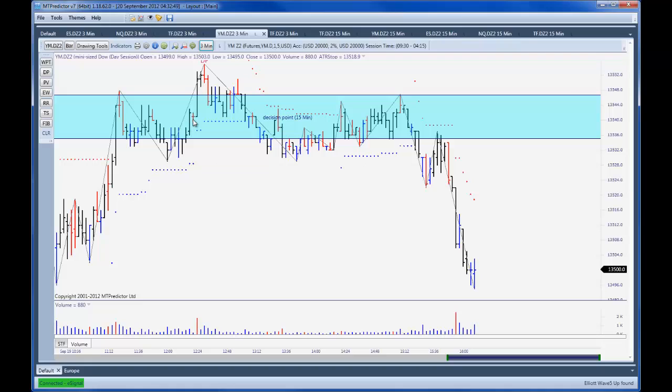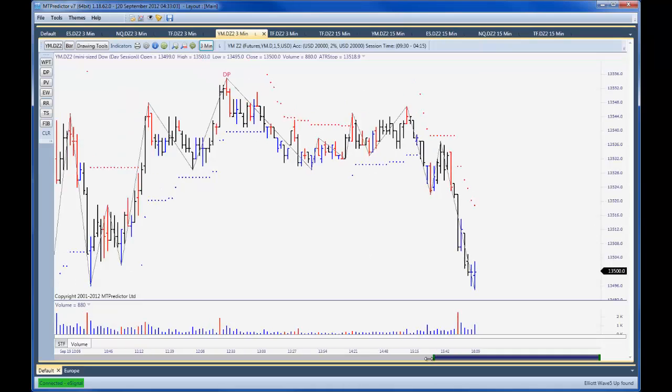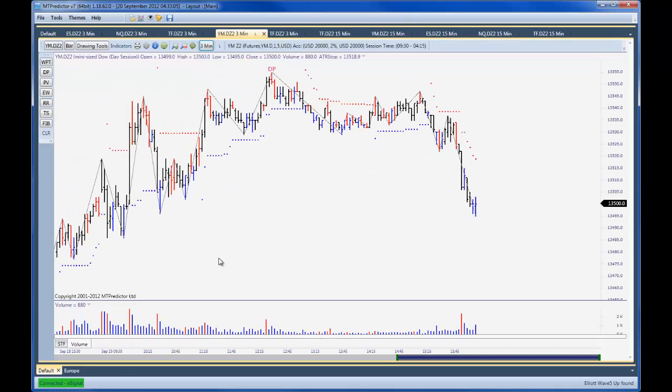So first of all, the YM is actually at or in and around large degree resistance, so that's a good consideration to take when you're looking to initiate a short trade. But that's not what I really want to look at. The exception I want to look at is actually, no, before I do that, also again,